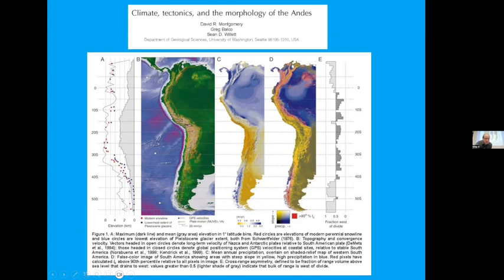In Patagonia, well, I guess they were pointing out the mean elevation, but look how much lower the maximum elevations are in Patagonia. So some things are getting above the ELA. But look at this break at 35-40 south, where the maximum elevation of the Andes goes way down. And this paper argued that the reason Patagonia has lower elevations, the gray line, is because of glaciers. It's because these blue and red circles are cutting it down. Once we get up to the central Andes, where the glaciers were smaller, things tend to be higher.